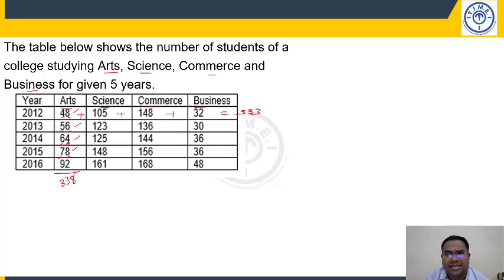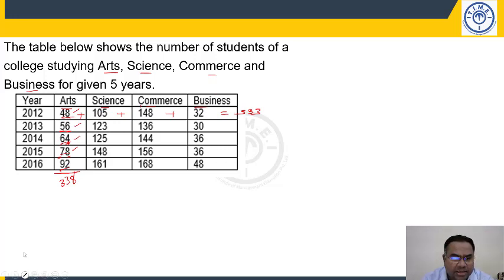I will not say plus 8, plus 40, all those. 92, 170, 234, 290, 338. If you practice you can do it as well, so don't worry. So if I want all students together of a particular subject in all years put together, you have to add column wise. All subjects together in a particular year, you have to add row wise, right? So this is about the given data.